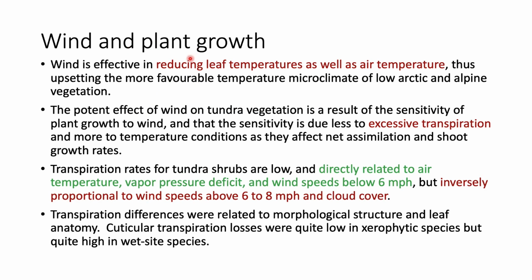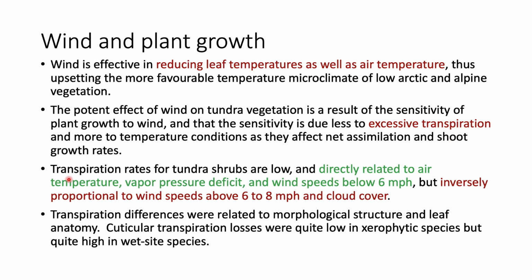Wind and plant growth. Wind is effective in reducing leaf temperatures as well as air temperature, thus upsetting the more favorable temperature microclimate of low Arctic and alpine vegetation. This is a negative effect. The potent effect of wind on tundra vegetation is the result of the sensitivity of plant growth to wind, and that sensitivity is due less to excessive transpiration and more to temperature conditions as they affect net assimilation and